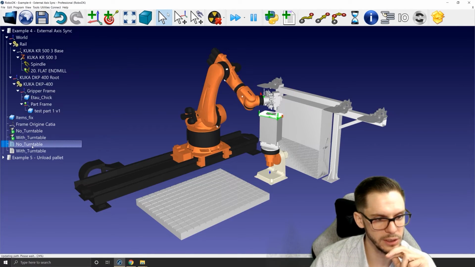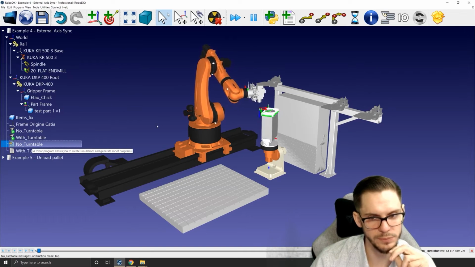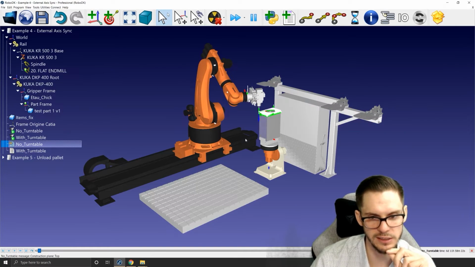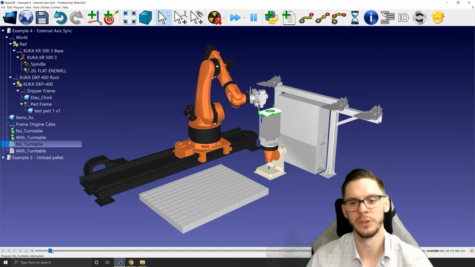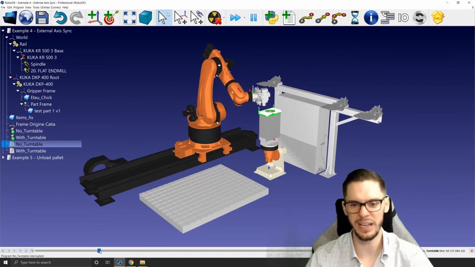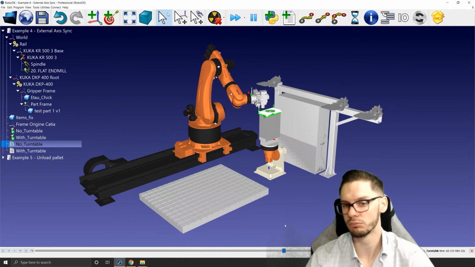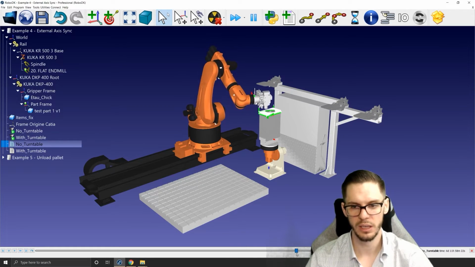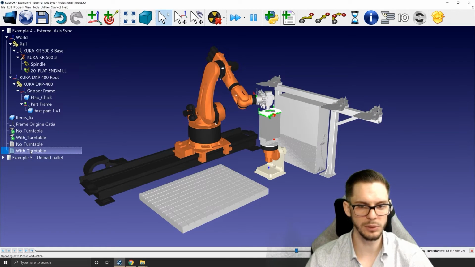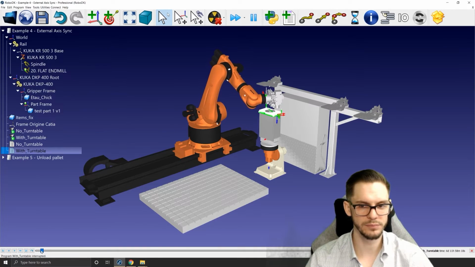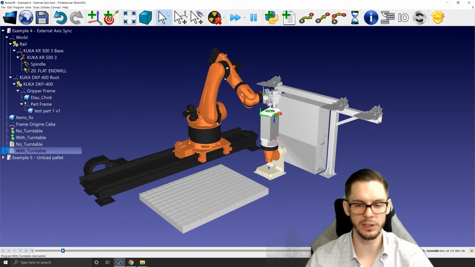So here if I run the no turntable, I'm just gonna use the slider here, you can see it's keeping the part at the same position. It's simply positioning the part in a certain way, and then it lets the robot do the entire job, in fact. But here if I go with turntable, this time both the turntable and the robot are used, so they are working together in a synchronized way